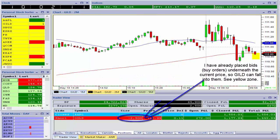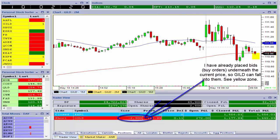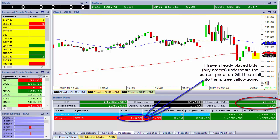I want Guild dropping into my bid zone. I'll make sure I mark that bid zone. Yes, and